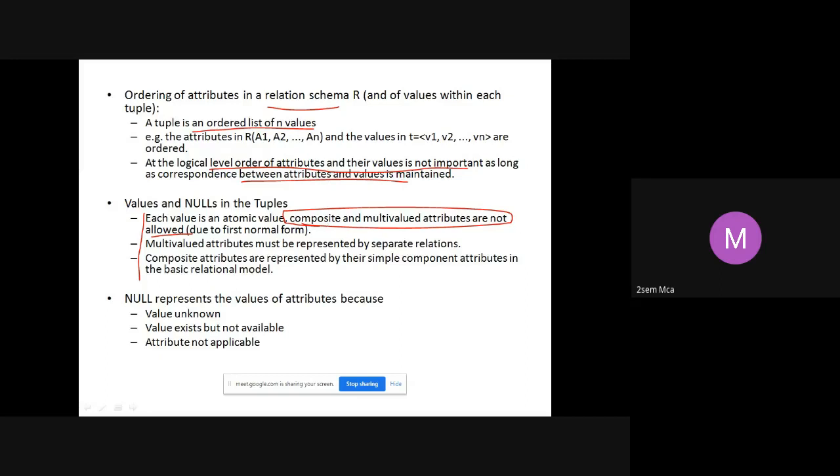Multi-valued attributes. We saw in the last class how we can have a multi-valued attribute. We should create a separate table for multi-valued attributes. You cannot have it in the same table. Right? Look at the third point. Composite attributes are always represented by their simple component attributes. So if you want address only, keep it as address. But if you are interested in street name, city and state, then I cannot store address as an attribute. I have to store city as an attribute, state as an attribute, street name as an attribute. Components I have to include.